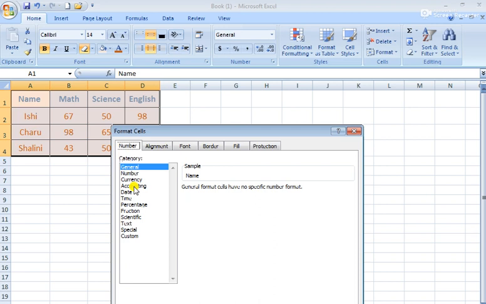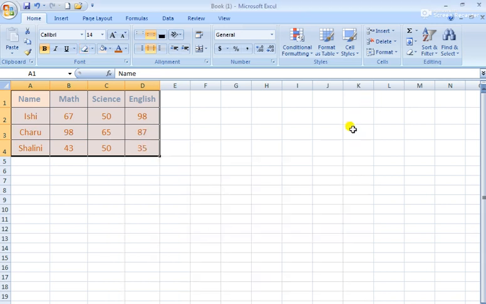Like in my table, numbers are also there and text is also there, in the general category both. But suppose in this column, if I set the data type to number, then if I press any alphabet, that entry will not be accepted. Okay. So this is for the formatting.